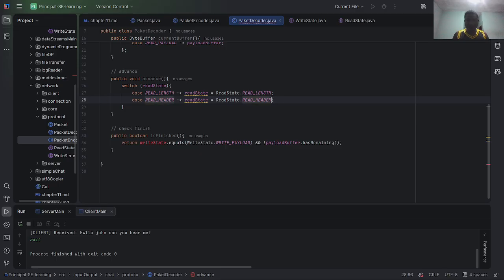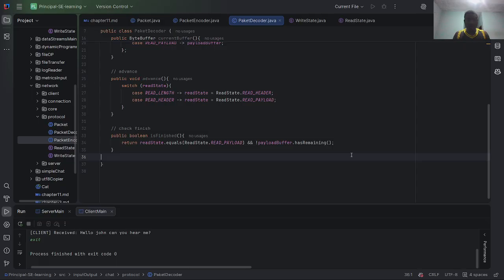Also with payload, and with header. So that's the case there. And I'm just going to have read state here. So read state equals read state dot read payload